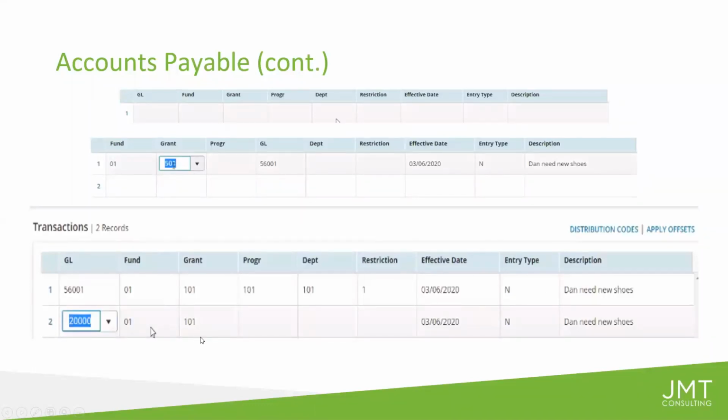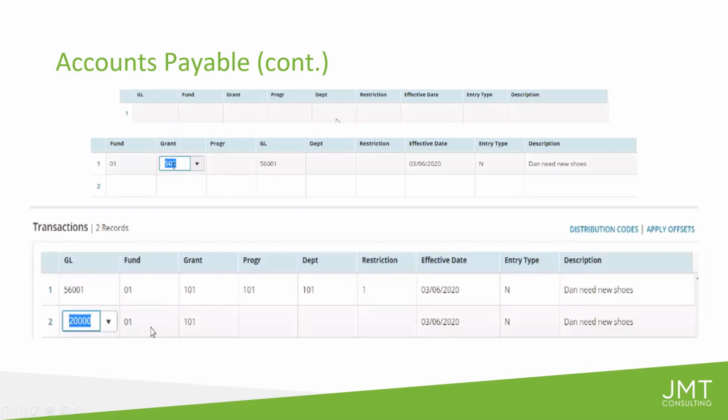We also have a feature called distribution codes. And what if the invoice I have here needs to be spread over multiple accounts? What if I need to perform that spread a little more routinely? Well, I can program this spread so that it auto-calculates whenever I tell it to. And what exactly is it calculating? Well, it can calculate percentages. It can calculate fixed amounts, and there are quite a few other allocations that are available. And again, all of it can be done across multiple accounts. So distribution codes take into consideration your segment structure and just make it easier to program.